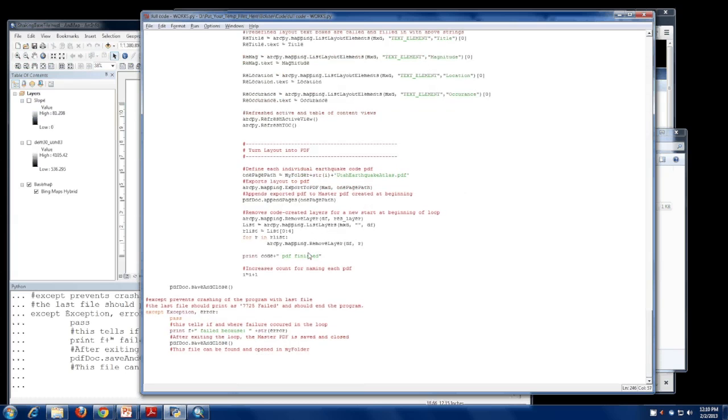Okay, so we turn everything into a PDF just by creating a file for each PDF, and then using the arcpy.mapping ExportToPDF tool, we export that layout that it's in the loop for to a PDF. That PDF will be appended to the end of our master PDF. So after that layout is exported and appended, we remove all the layers that we created so that ArcMap doesn't get bogged down. Then the PDF is finished, and this will